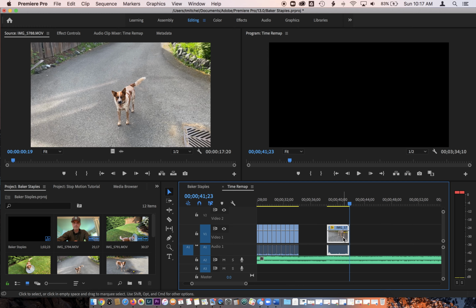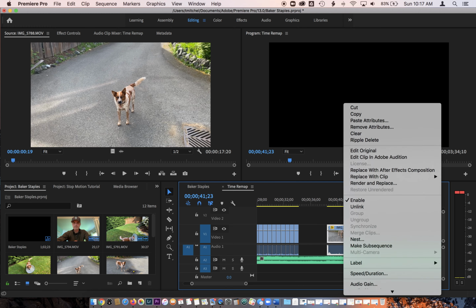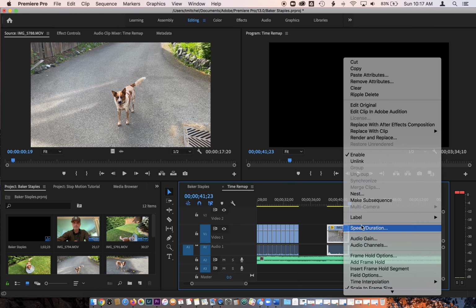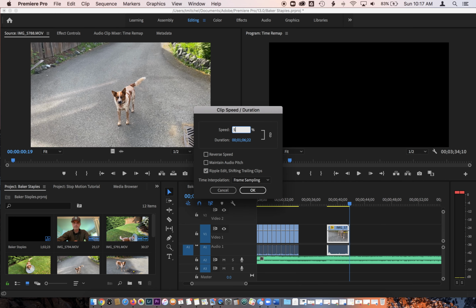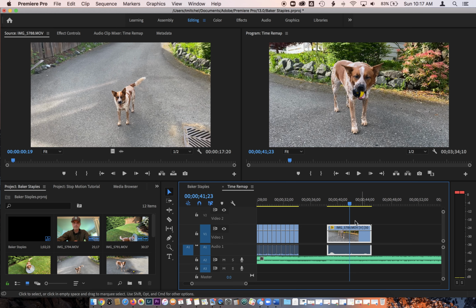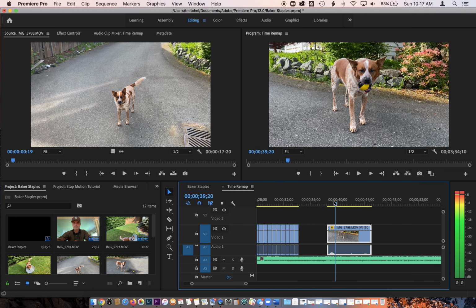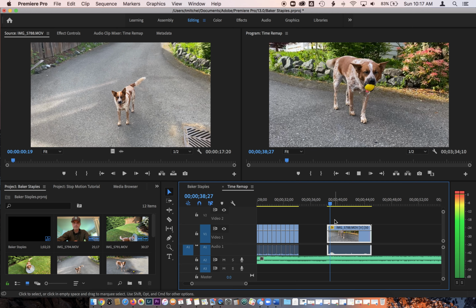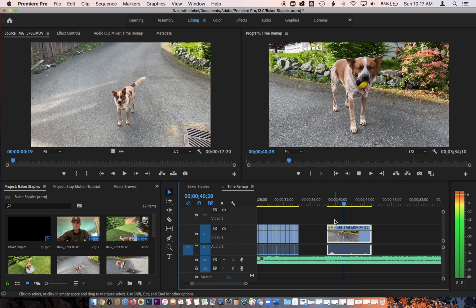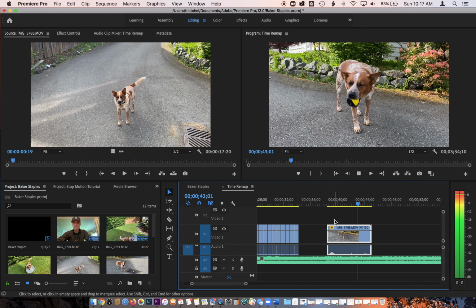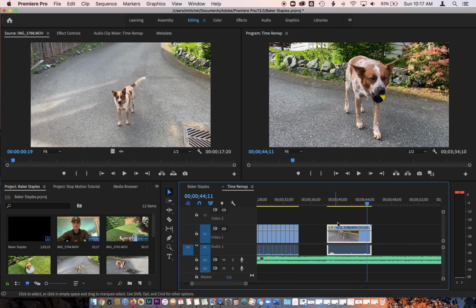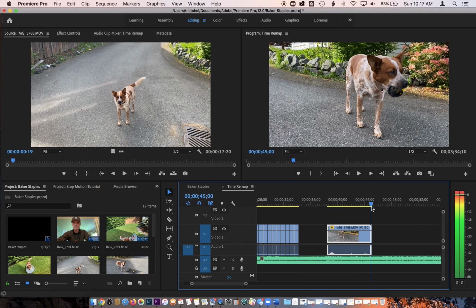There we go. If I wanna slow this clip down, again, I go to speed, duration, and I'm going to type in 50, and 50 is half speed. So now this clip becomes twice as long. And now Baker's moving really slow. And you may want to do that during a slow part of a song. Just have a quick slow motion part,